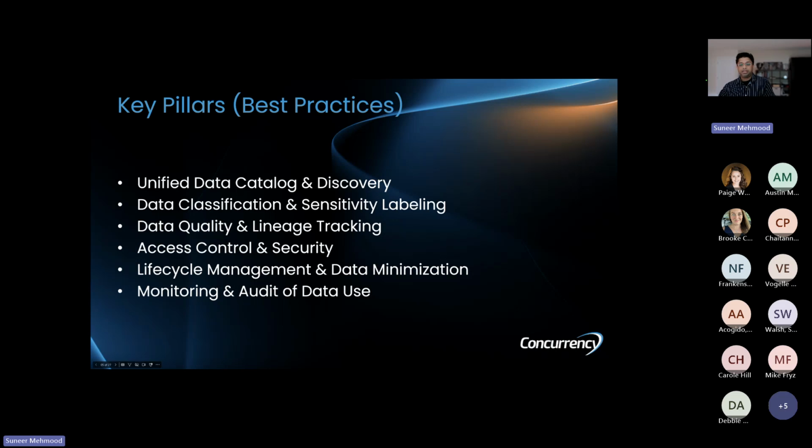And then it comes to lifecycle management and data minimization. What that means is adhering to certain compliances, right? For example, you might have heard of GDPR compliance and so on, right? Like, hey, I should retain only a minimal amount of data. I should not have any additional data that is not needed for my day-to-day business or reporting purposes, right?